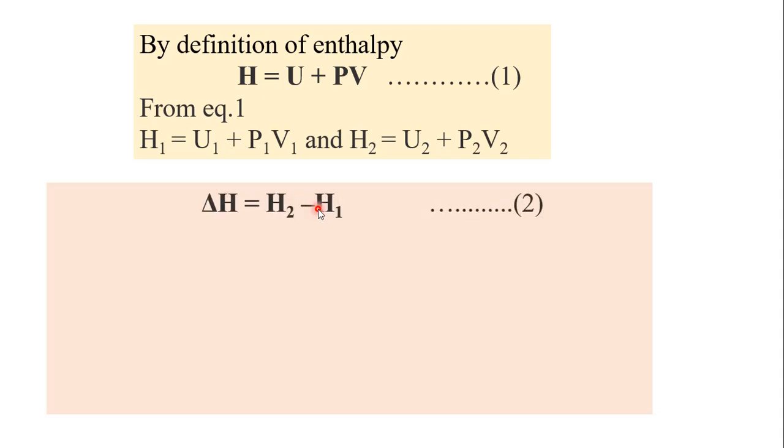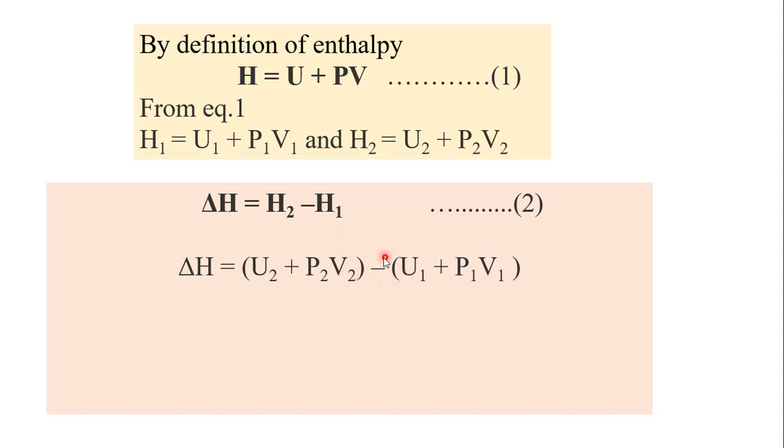Now if you substitute these values in equation 2, that is delta H, the enthalpy change at constant pressure, delta H is equal to H2 minus H1, we get delta H equal to U2 plus P2 V2,